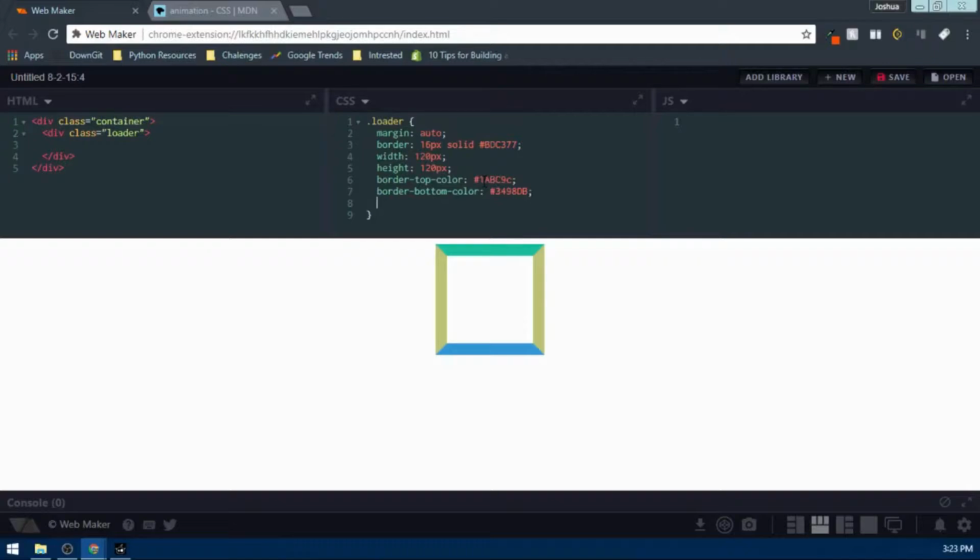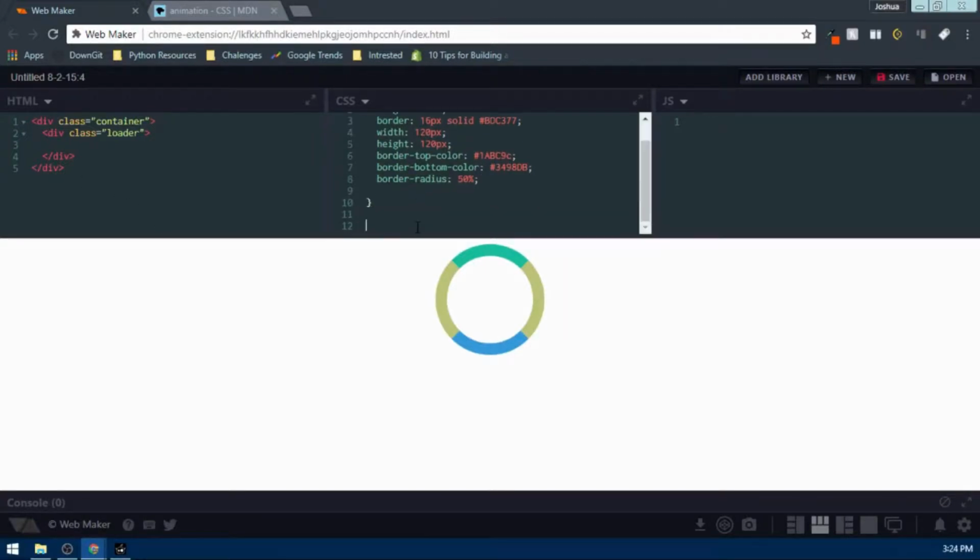Next thing we're going to do is again call the border radius 50% to make it look like a circle. There's your circle. And then the animation, I'm going to create keyframes, and call it spin. And then I'm going to do 0%,